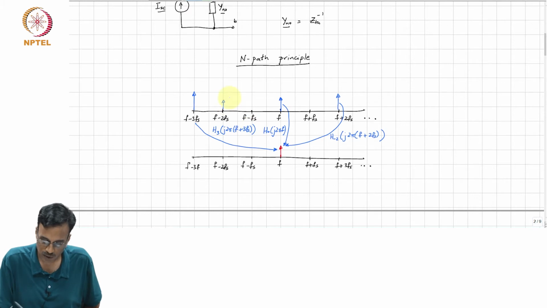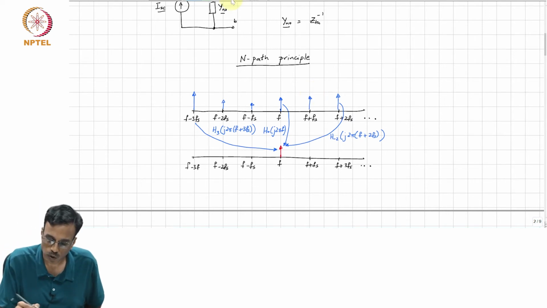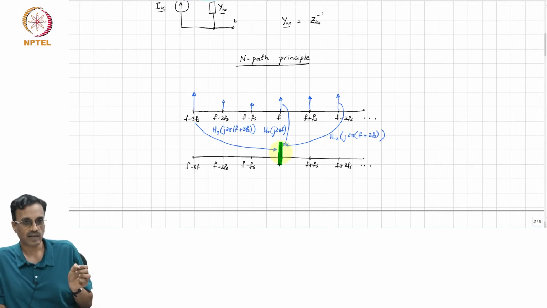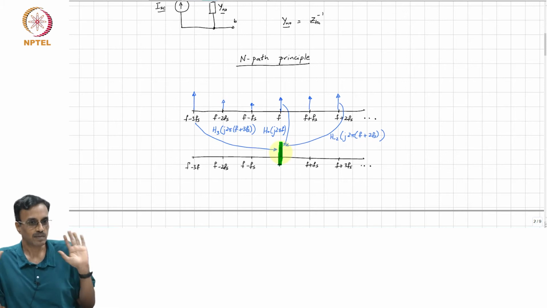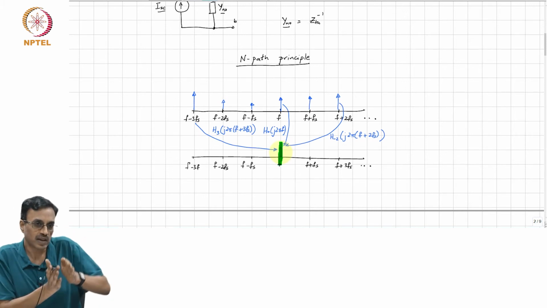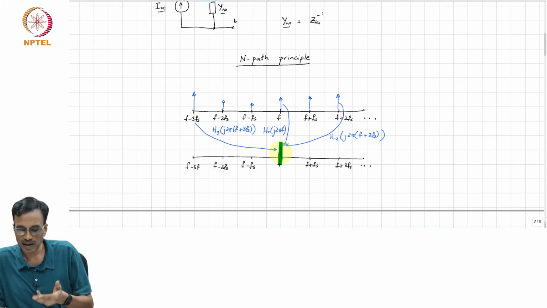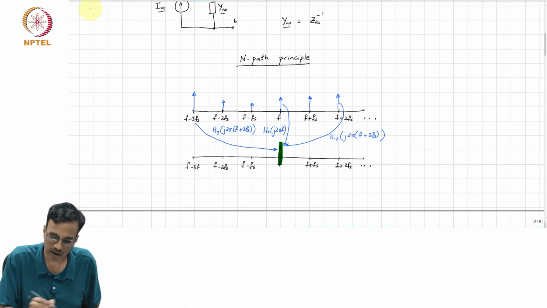I mean, in other words, when you see an LPTV network and if you find a tone at the output at a certain frequency f, all that you can say is that the input must have been at a frequency which is of the form f plus k times fs, right. But you cannot say which k the input was at, and clearly this is a problem. And why is this a problem in practice? Let me give you an example.